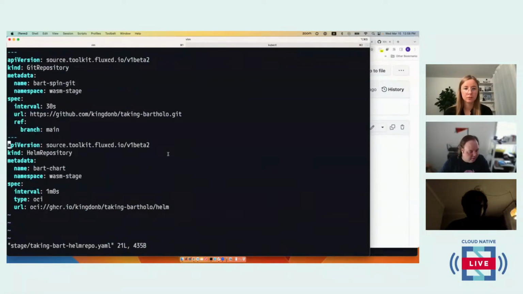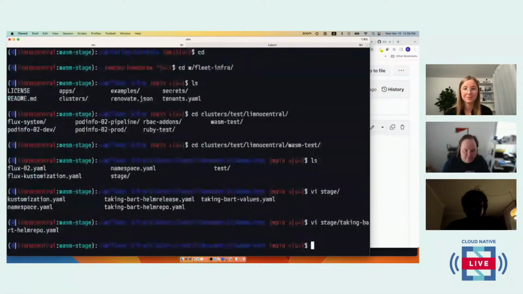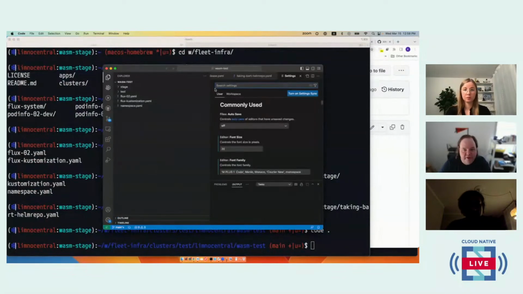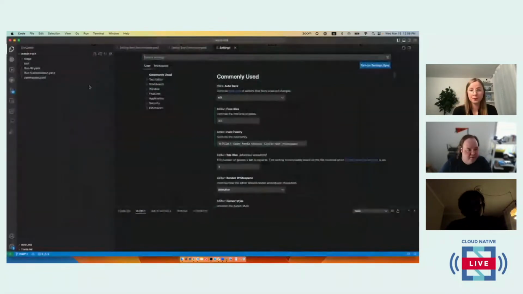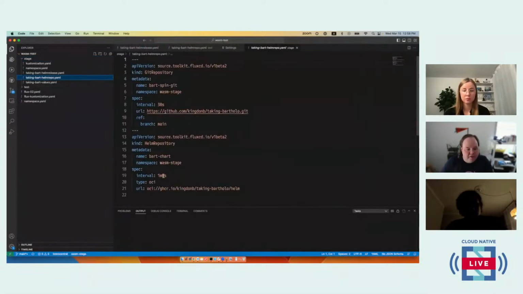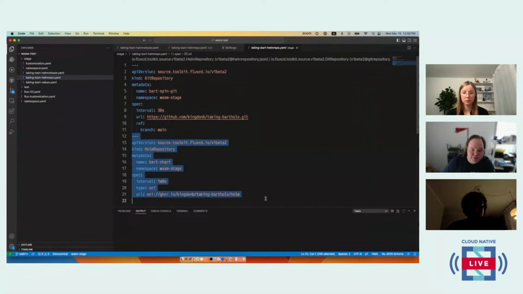So what I can do here, this is where VS Code is going to help, actually. I'm going to pull up this example in VS Code because VS Code has a little bit of awareness of the YAML because it's connected to our cluster and it knows about these YAML types. So if we go into this environment and open this up, what we'd like to do is use the Git repository again for some reason. Maybe we've decided that OCI is too fresh and we're not ready to adopt it yet. So instead of saying ref branch main, this is our staging environment, we're going to say ref